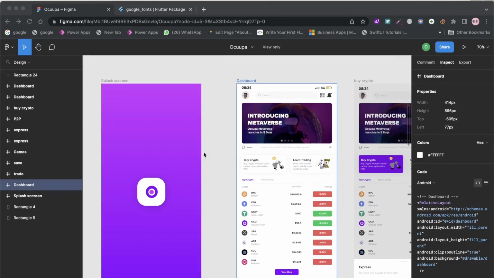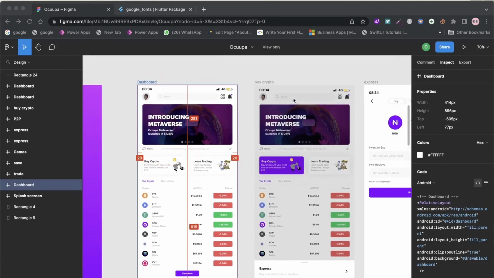In today's video, I'm going to show you how you can convert this crypto app UI design to code